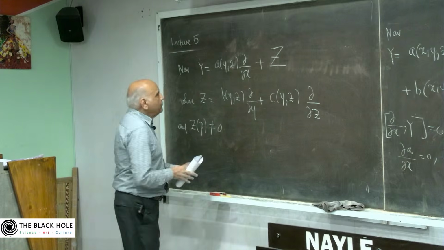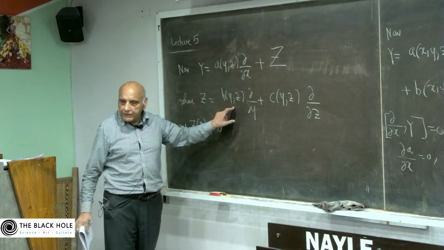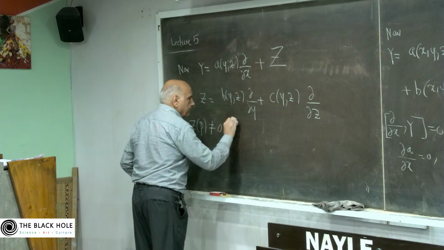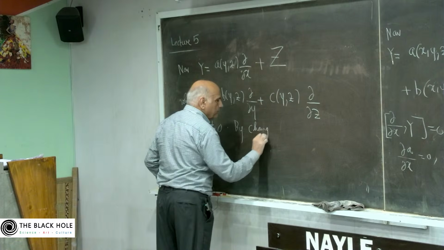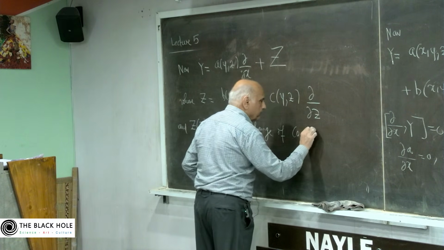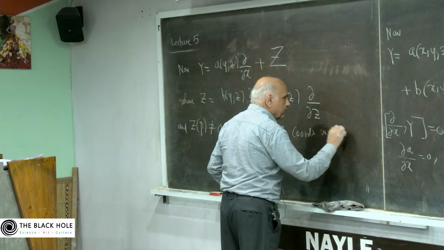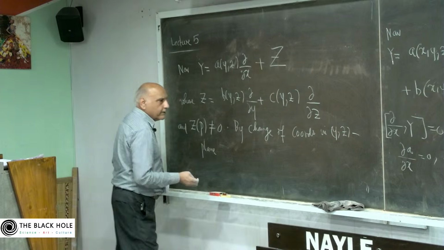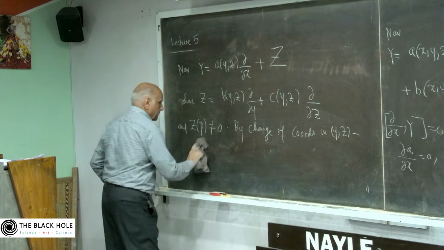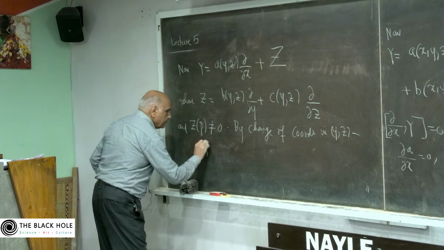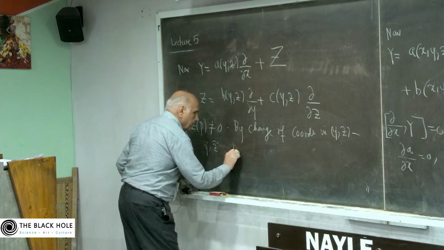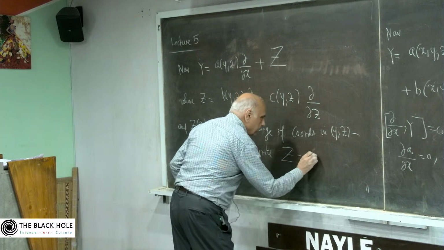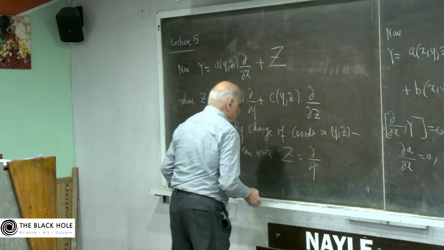So by change of coordinates in the yz plane, by change of coordinates y tilde, z tilde, I can write z equal to partial by partial y tilde, right? And then